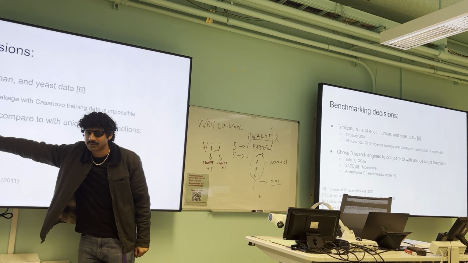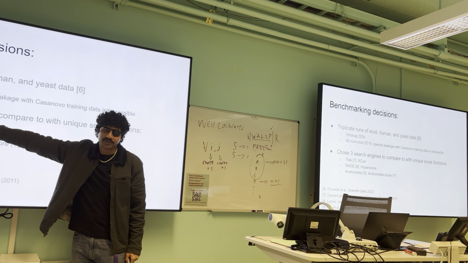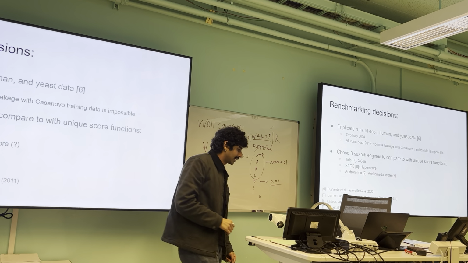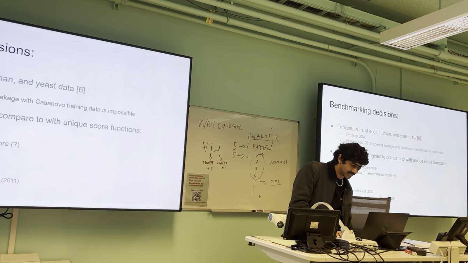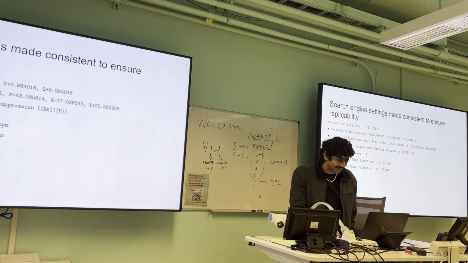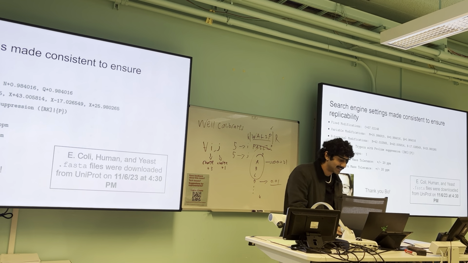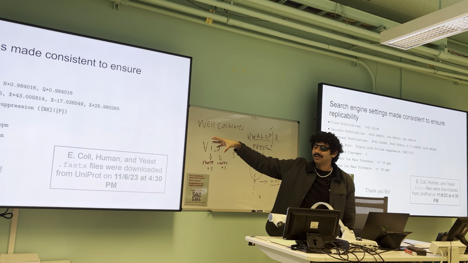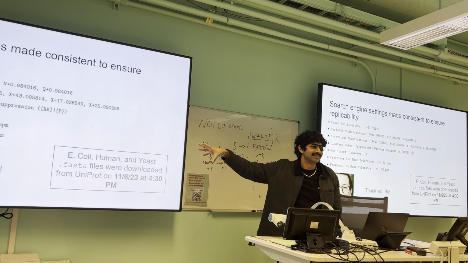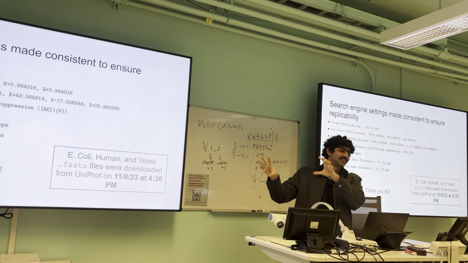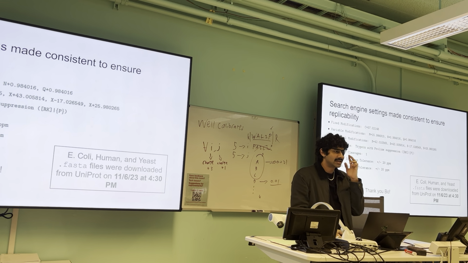XCore, which stands for cross-correlation, Hyperscore, which is a fancy version of cross-correlation with some other information in there, and this thing, which I hate because I don't want to deal with that search engine. It's ugly. So yeah, this again is not really necessary. This dude helped me with a lot of things, so thank you, Bo. Shout him out. If it wasn't for him, I would not have gotten this. This is all hieroglyphics to me, honestly. Proteomics is a whole other field, and there's so much to learn about it. So he helped me a lot with making sure